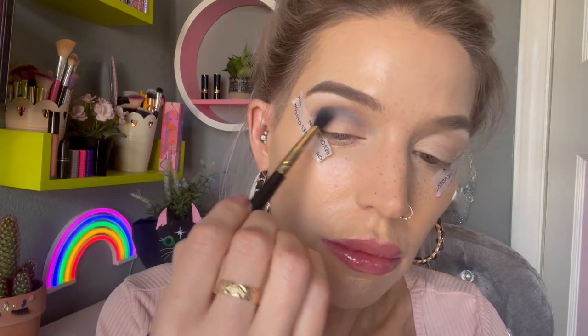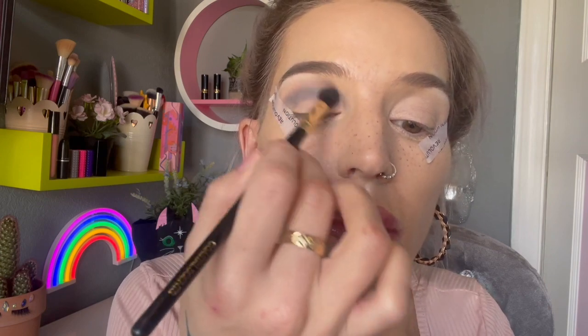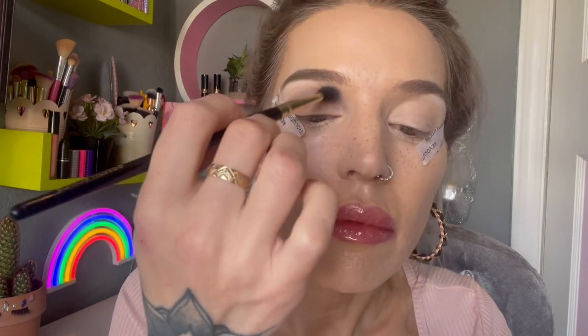Okay, so I'm really, really impressed with the quality of this eyeshadow. It's blending out beautifully. And what I really like about it is it's actually got a lot of depth. I'm going to sound like a complete asshole now because the way I'm describing this is a little bit pretentious. But, you know, with some poor quality eyeshadows, they go on nicely, but the more you blend them, they just disappear. And then they look really kind of...